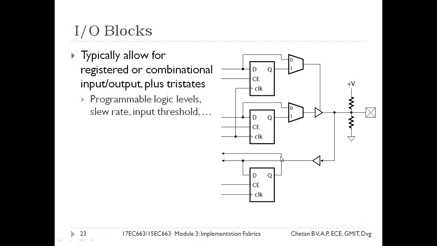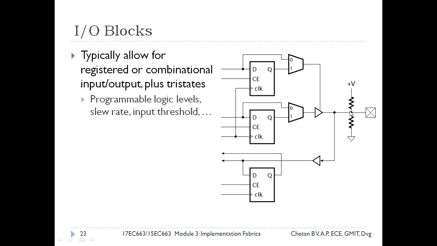At the same time, using this register, if this tri-state driver is inactive, we can accept the input from the same pin. This is example of bidirectional IO. If this tri-state driver is inactive, we can use the same line as input pin. Through this input buffer, we can accept the input directly, or else we can feed the input from this input pin to this register, and we can take the output of this register as registered input.